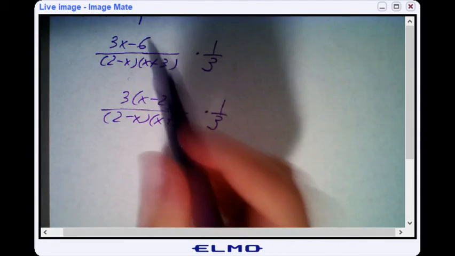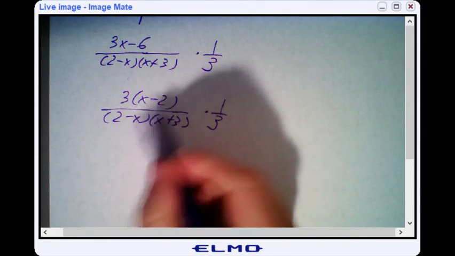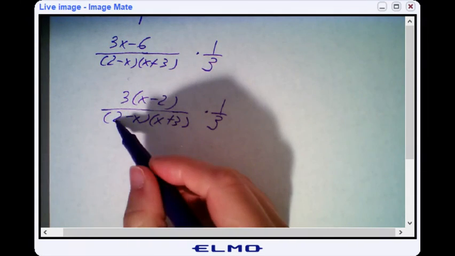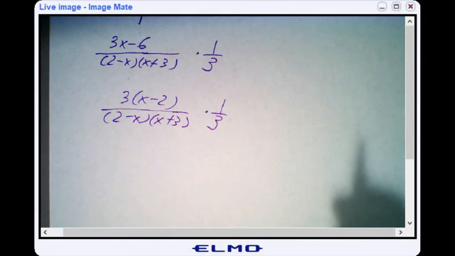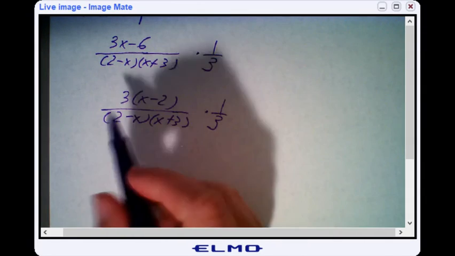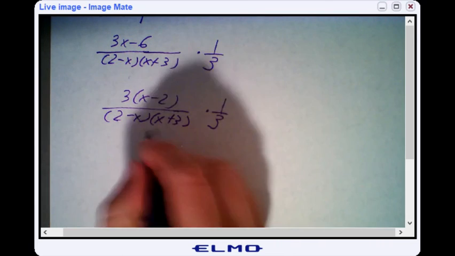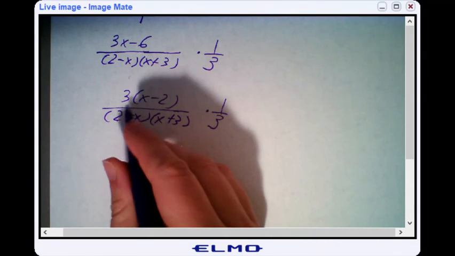The only difference between these two groups is the minus sign. This is a positive x, negative 2, positive 2. To flip all the signs, we're going to choose one, either numerator or denominator, and factor out a negative 1. It doesn't matter which. I'm going to do it in the denominator. I like my x's to be positive and in front. When I do that, I'm going to get